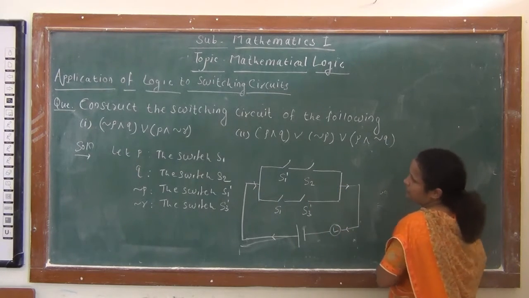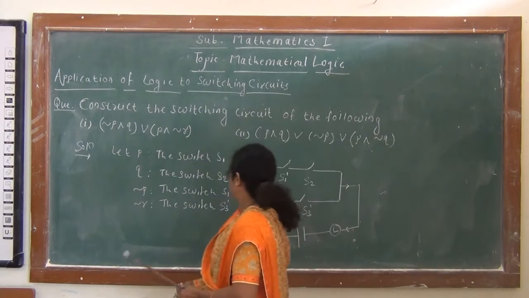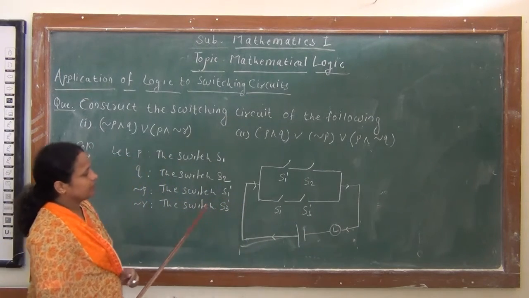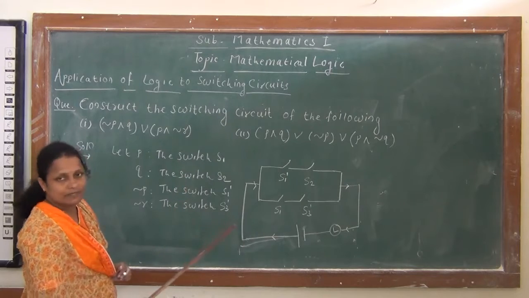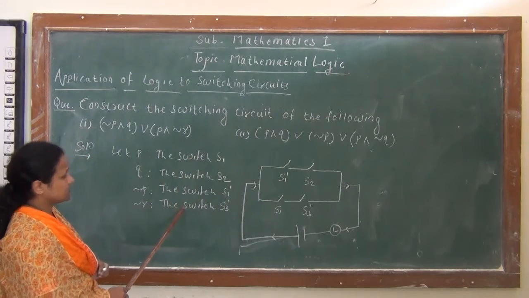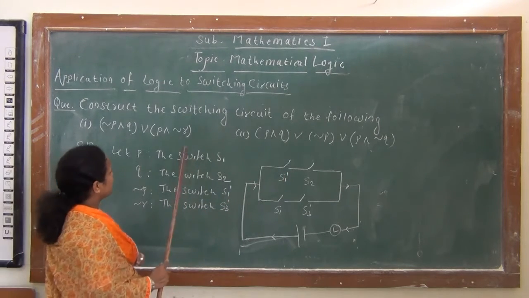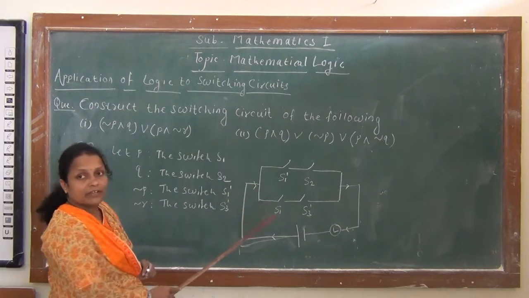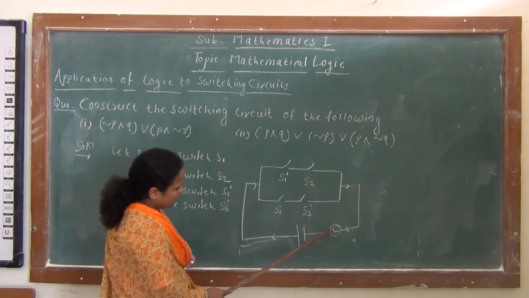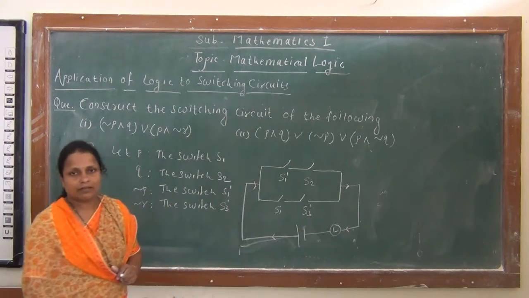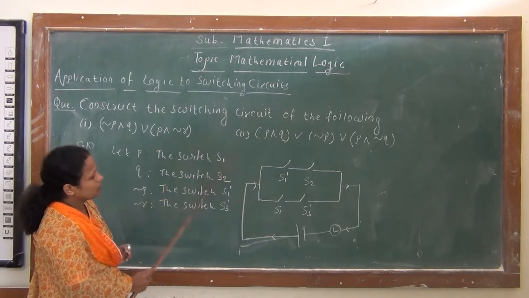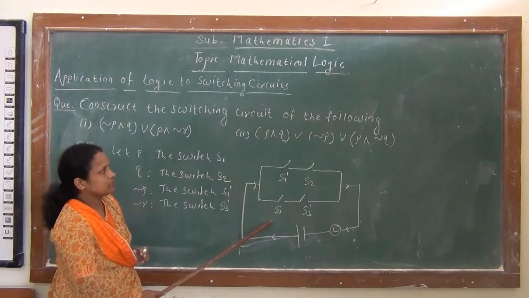This type of question carries 2 marks or 3 marks in our board exam. So remember, here we perform 3 steps. The first step is defining our statements. Then we divide the statement pattern into 2 parts. Then we join these 2 parts and finally we connect them by a lamp L and a cell. So this is our first symbolic form converted into a switching circuit.